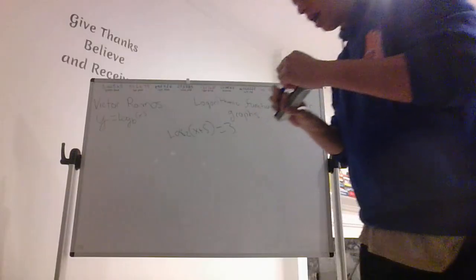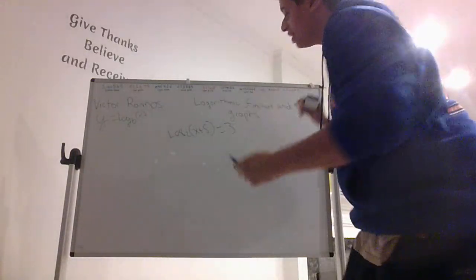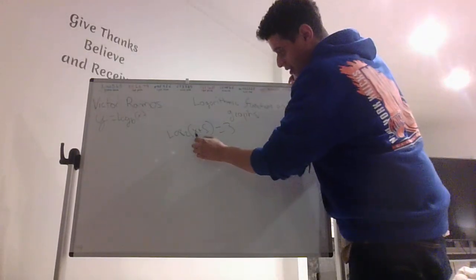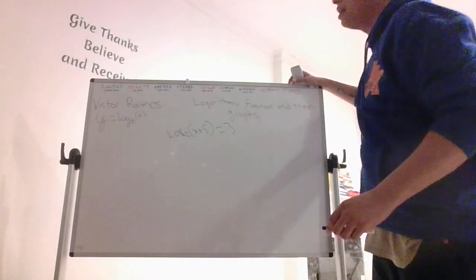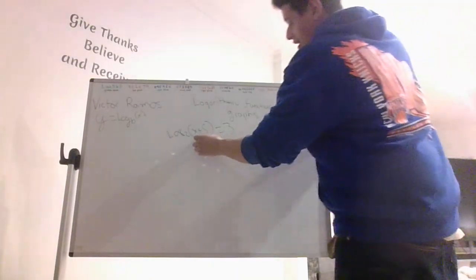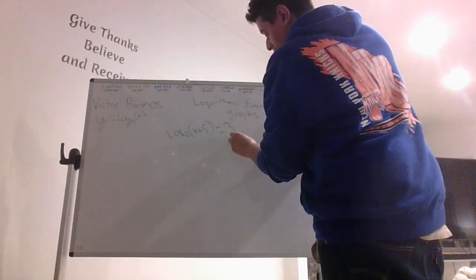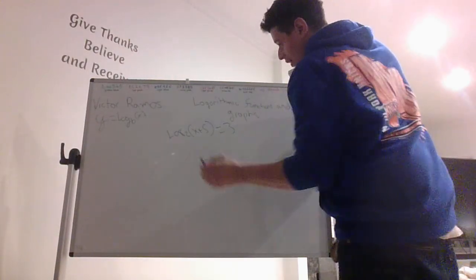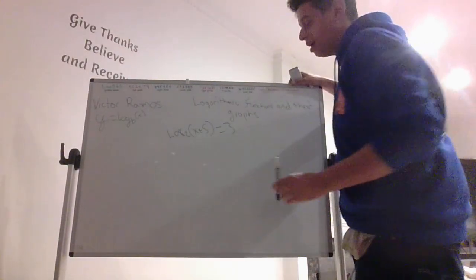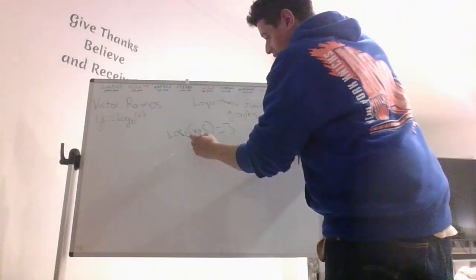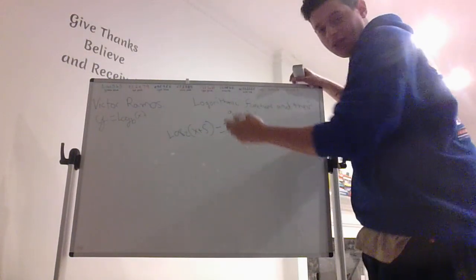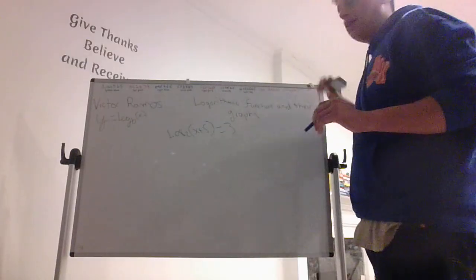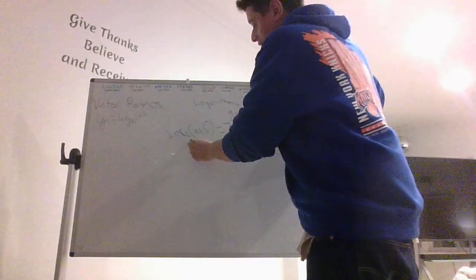Oh, there's one thing I always want to mention. When it comes to the inside of a log, as in this example, x plus 5, it cannot be 0, because you're trying to find the equation of this using the exponent, if you understand what I mean. Because if you made this 0, that would make the equation 0, and obviously that is impossible,